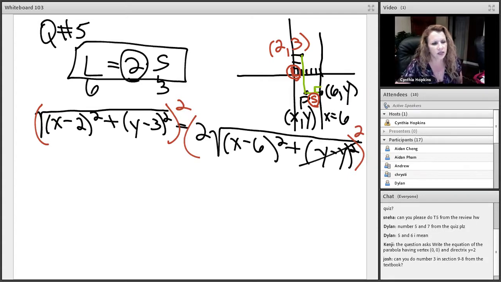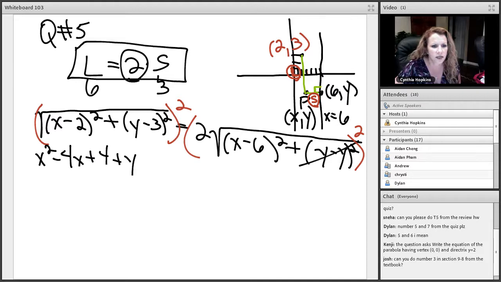Okay, I'll do that when I get to it. On the left side of the equal sign, the square cancels with the square root, and I get the stuff inside, and I'm going to go ahead and start squaring those binomials. So I get x squared minus 4x plus 4 plus y squared minus 6y plus 9 equals, for the quantity,